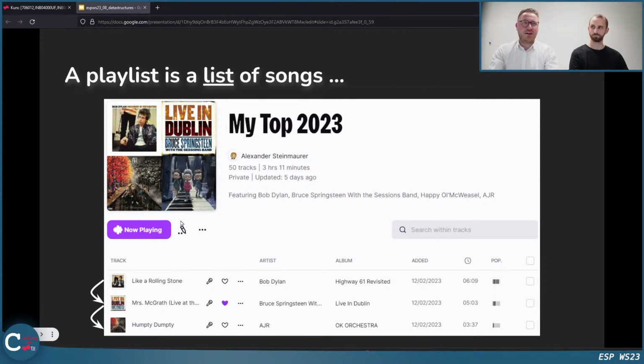So actually a playlist is a list of songs. And in order to have a list, we have something that we see here on the left, with the arrows, we have to always go somehow to the next element. And this is where we actually have a list.